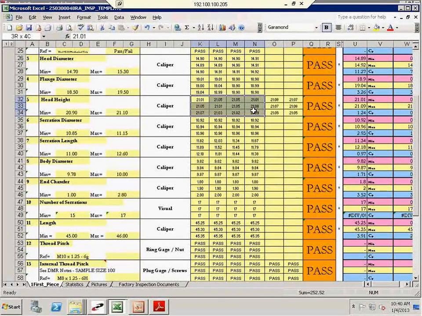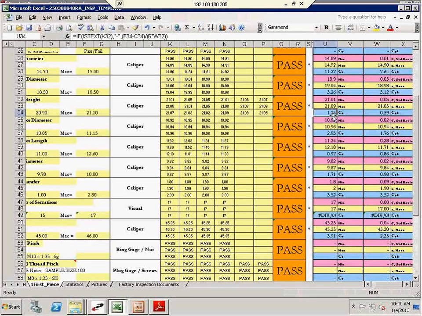All dimensions here are conforming. They're all between 20.9 and 21.1. Higher range, we're measuring 21.09, 21.06, 21.07. So that we have a Cp and a process control of 1.24 and a Cpk of less than 1, of 0.59. Even though we verified everything is conforming,